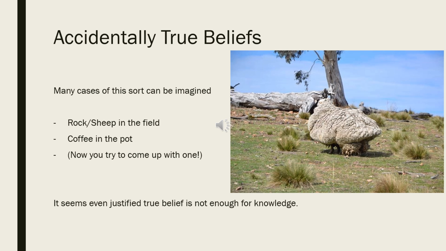And so in this kind of case, the fact that you have a true belief that there's coffee in the pot, and a good reason for believing that there's coffee in the pot, it just doesn't seem to add up to a case in which you actually know anything. You can try and come up with one of these on your own. Basically, all you have to do is come up with a situation in which you have a true belief, and it's sort of an accident that your belief is true, while you still have a good reason for believing what it is that you believe, but the accident kind of foils the reason that you have.